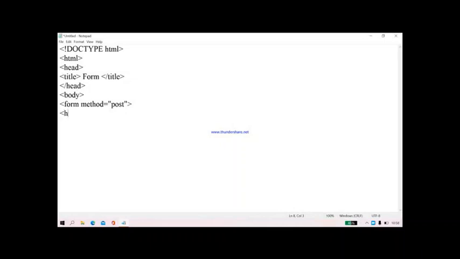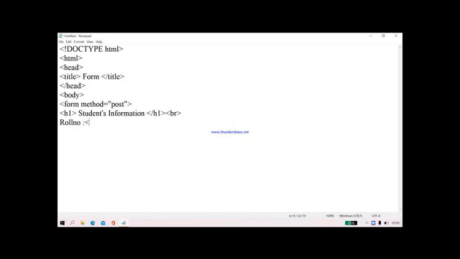Now as I said, you can give the title of the program, that is students information, /H1 and BR. Now see, first I want to insert the roll number of the student, so I will write roll number. To insert the different controls of the form, we use the input tag.